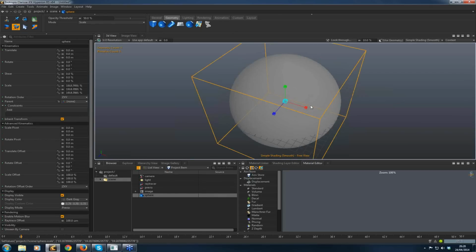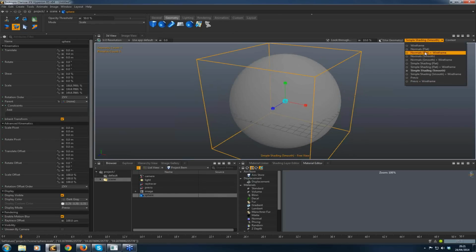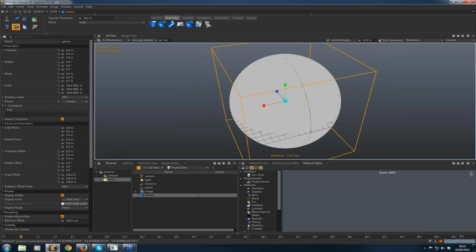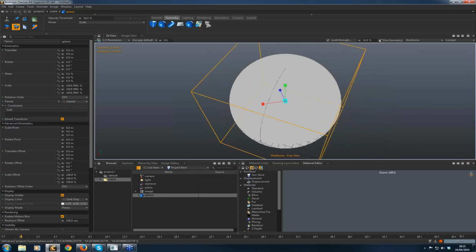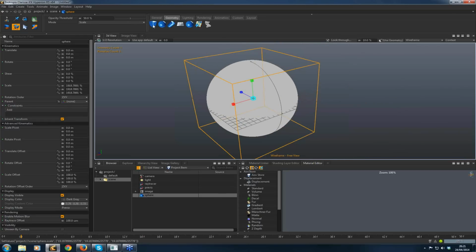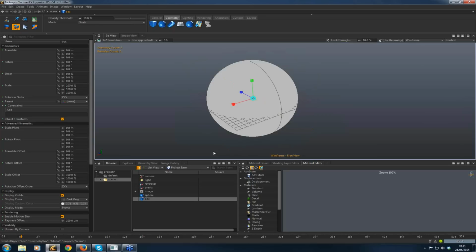So this is an implicit sphere. If I look at the wireframe, you don't have polygons on this one. It's a mathematical surface. So I will add a box, and now the 3D tool, using the box as the source,